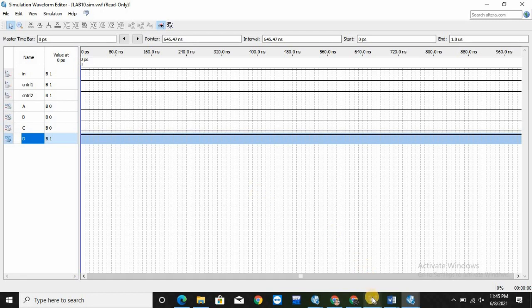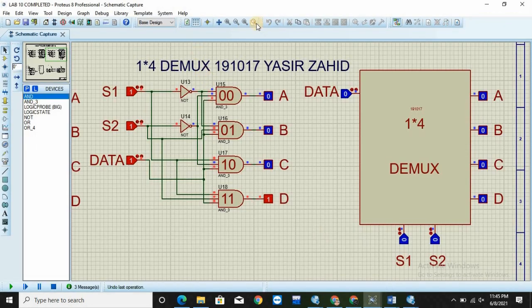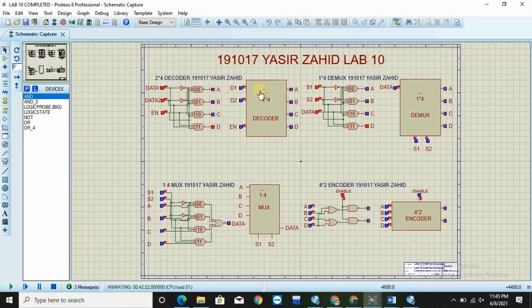Now I will be explaining the differences between all the 4 circuits I have discussed. Okay, now the basic difference between the decoder and the demux is, in demux we are playing with our 1-bit data, and our selection lines are supposed to define whether it would be the first, second, third or fourth output. Now for our decoder, what we are getting is 2-bit data, and we are converting it to 4-bit data. Our 2-bit data being D1 and D2, our 4-bit data being A, B, C and D. So this is the basic difference between the decoder and the demux.